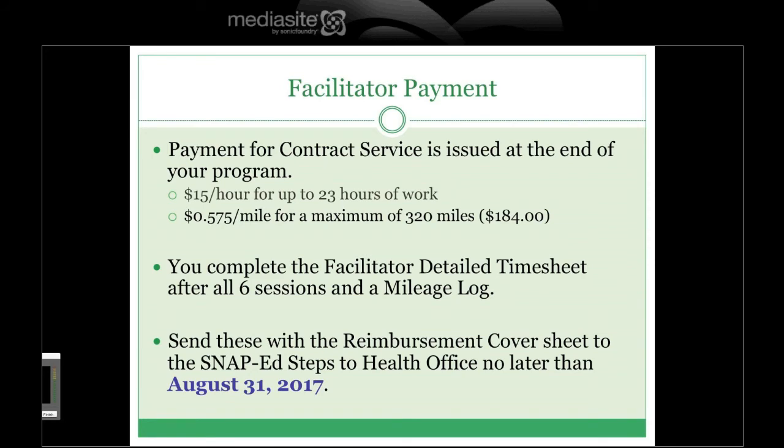You will be paid at the end of your program. You are guaranteed $15 an hour for up to 23 hours of work for the entire program. Again, you're only guaranteed payment for up to 23 hours. So please be mindful of your time. You'll be paid for completing this training, and this goes towards those 23 hours. With this in mind, you might need to work with your nutrition educator or FCS agent to plan your work